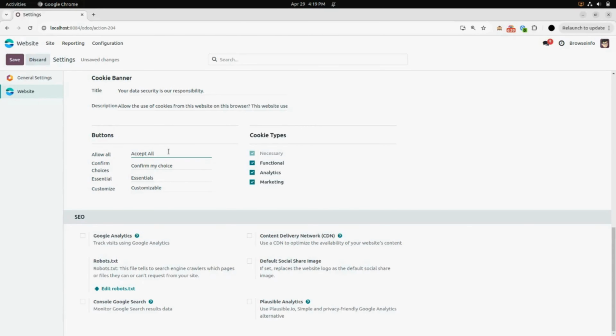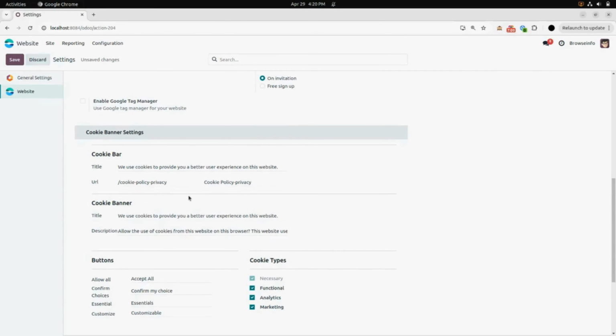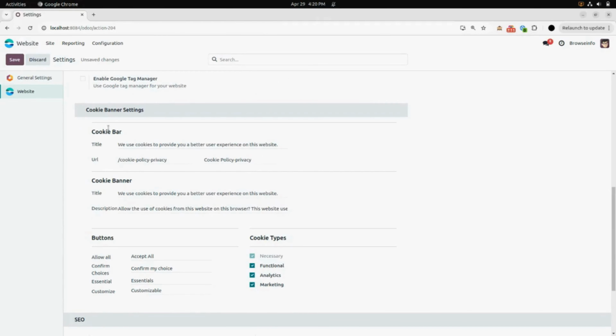After this, here you can see the title for the cookie bar. I want to change the cookie banner title also, so I will be adding a cookie banner title. After that, in the URL, I will be adding cookie policy privacy. Here you can see I have added cookie policy privacy. After all of this customization is done in the cookie banner settings,